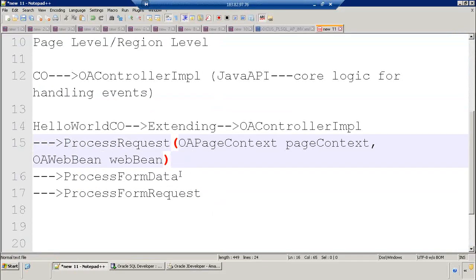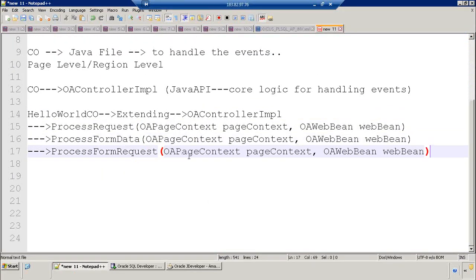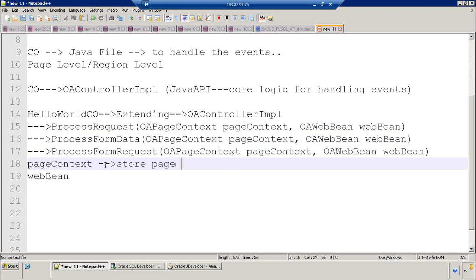It's called OA page context, OA web page. These all three methods will have two parameters. One is called page context and the other is called web page. So what is the purpose of this page context and web page? Page context will have the page related information. It will store page related information